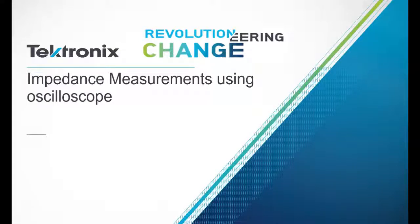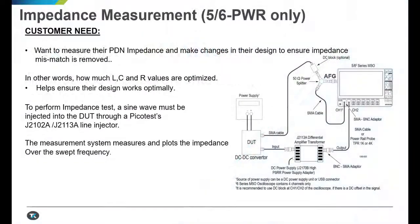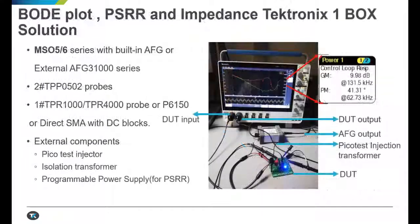Today we are going to briefly discuss the new capabilities we have added to the automated power measurements, the two-port impedance measurement capability using the oscilloscope. Customers need to perform their power distribution network impedance measurements to ensure that the designs are optimally designed as per the requirement. Traditionally, customers have been using a standalone impedance analyzer or a vector network analyzer, but the power design teams need to perform these measurements very close to the DC, which can be very easily achieved using an oscilloscope-based measurement